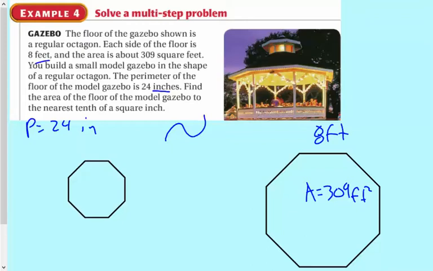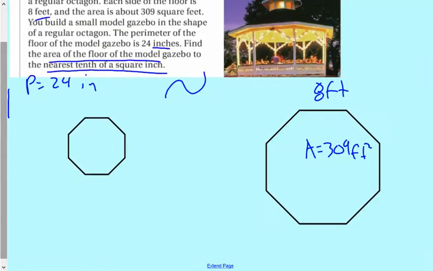Find the area of the floor of the model gazebo to the nearest tenth of a square inch. And underline that right there. We want the area of the model gazebo. So what I need to do here is find the ratio of their side lengths. So, this here would be 3 inches, and this here would be 8 times 12. So the side of the mini gazebo is 3 inches, and 8 times 12, converting this to inches, is 96 inches. So the ratio is 3 to 96,